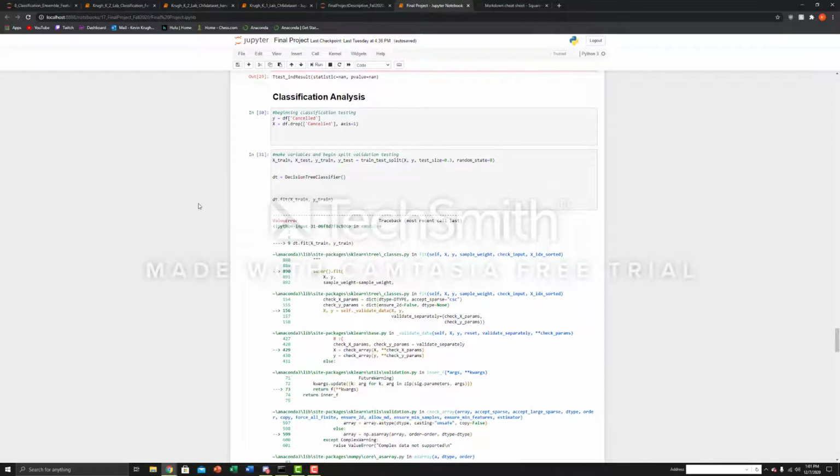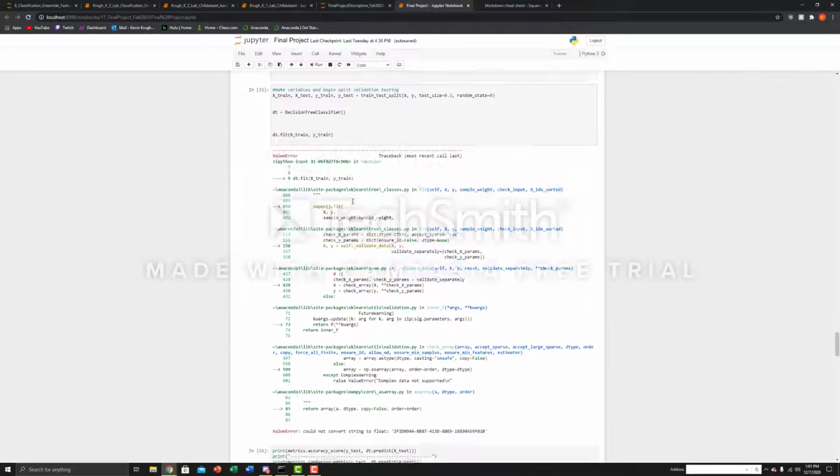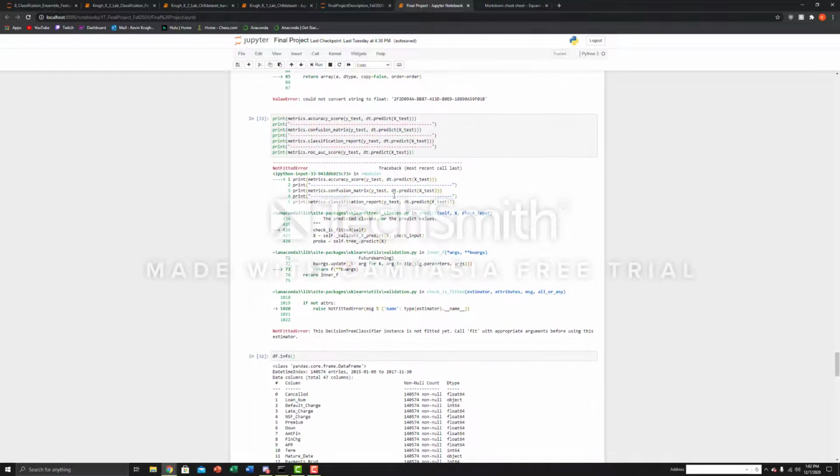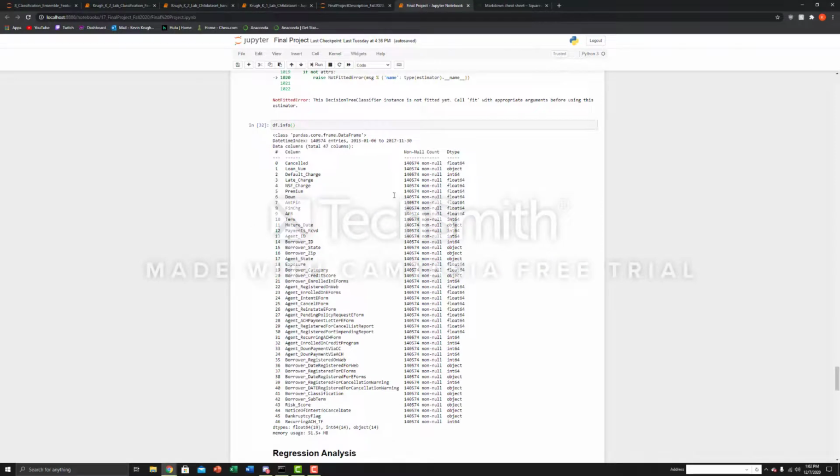Then classification analysis. I made my test variables and tried to run it through a decision tree classifier and fit it to the model, but I was running into type errors, and that's why I was trying to change them in the hypothesis testing as well, but it never ended up quite working, so I just moved on